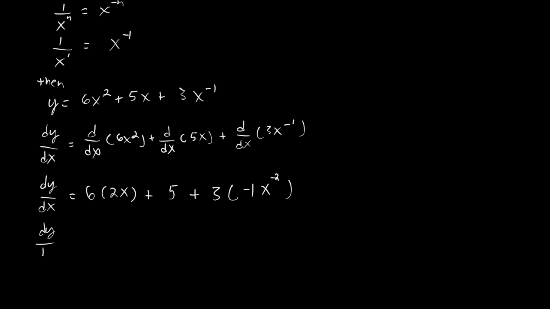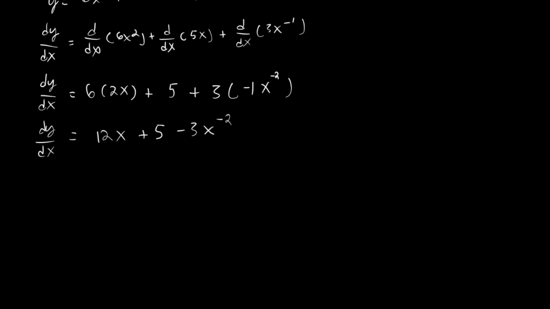And now, let us simplify our answer. You can leave this as your final answer, or you can bring back the x raised to negative 2 to the denominator. Hence,